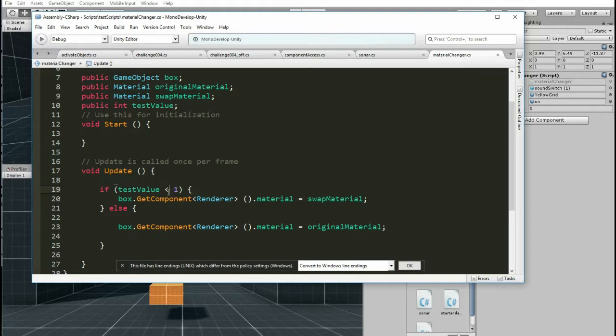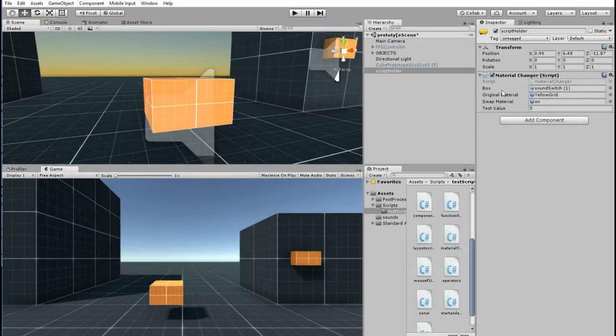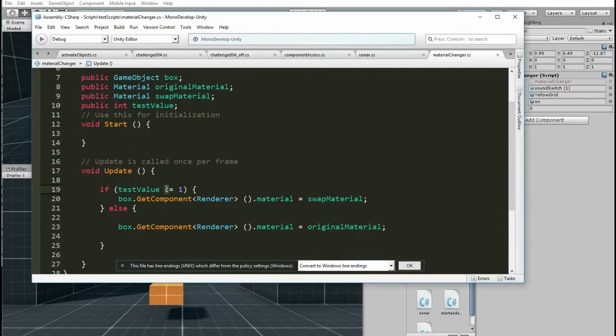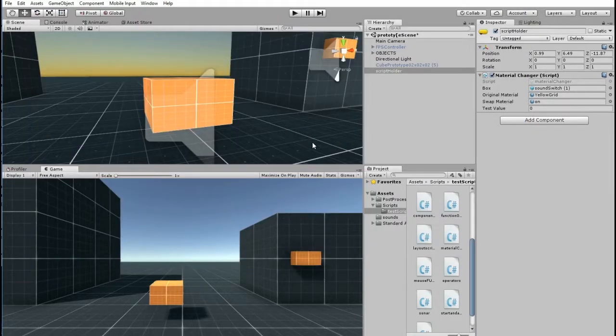So we can have less than and or equal to. So we've got less than and an equal sign. So that will mean if we press play, it will be green, because 0 is less than 1. 2 is greater than 1, but it also includes 1 now, because it's less than or equal to 1. We can use the greater than or equal to 1 as well. So to prove that's going to work, we'll press play. 1,